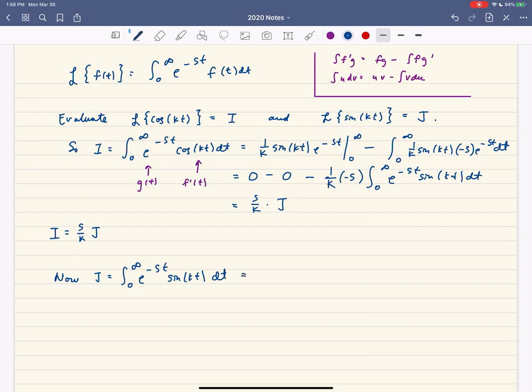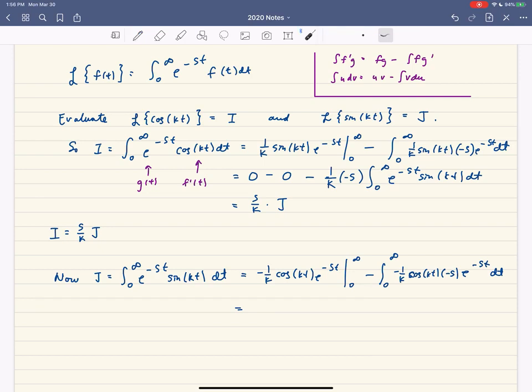We're going to end up with, if we integrate sine of kt, so I'm thinking of sine of kt as our f prime, we're going to end up with negative 1 over k cosine of kt, times e to the negative st. That's from t equals 0 to infinity, minus the integral from 0 to infinity of negative 1 over k cosine of kt times minus s e to the negative st dt. And so that means that we're going to end up with